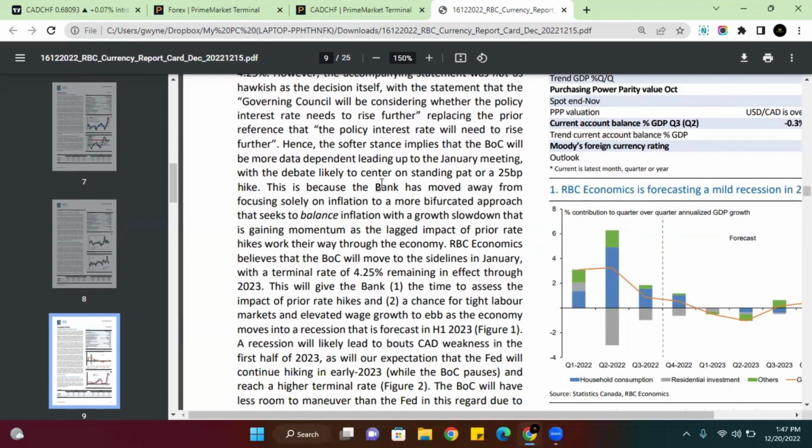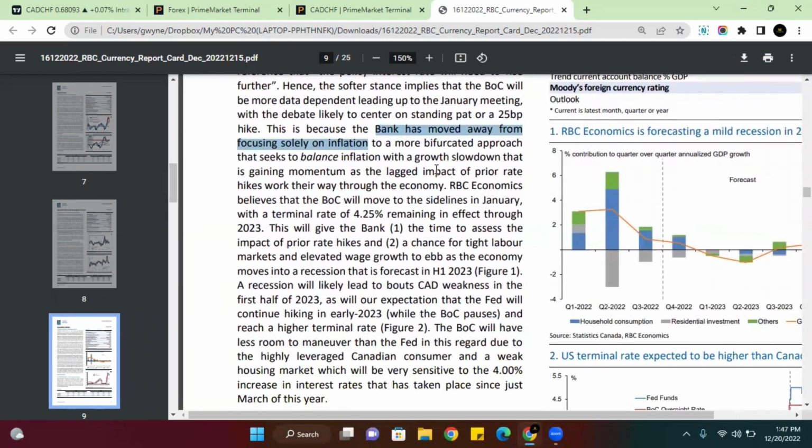The Central Bank of Canada basically moved away from focusing on inflation, to a more bifurcated approach that seeks to balance inflation with a growth slowdown that is gaining momentum as a lag impact to prior rate hikes work their way through the economy, right? This is what they mean, right? Rate hikes are negative for the economy, right? So the late rate hikes that they had to do all year are going to catch up to their economy,